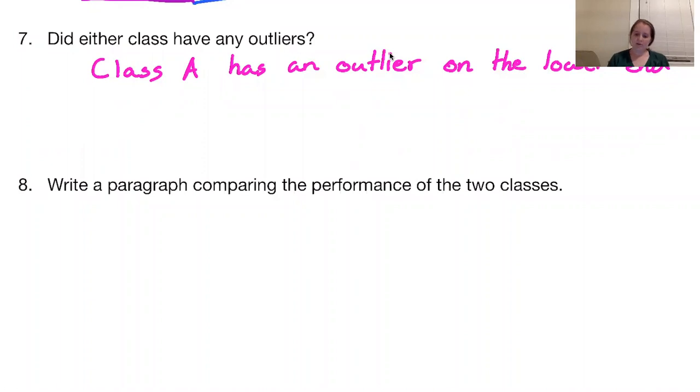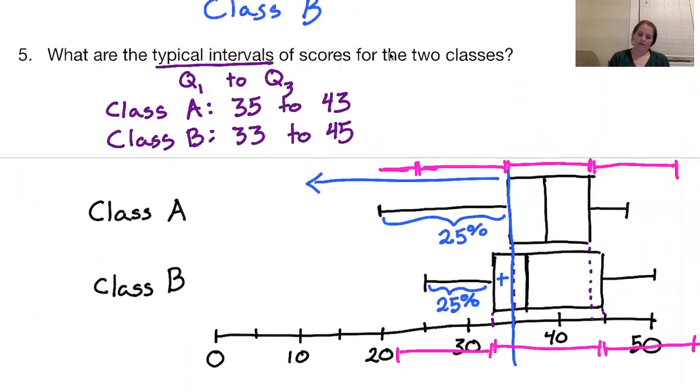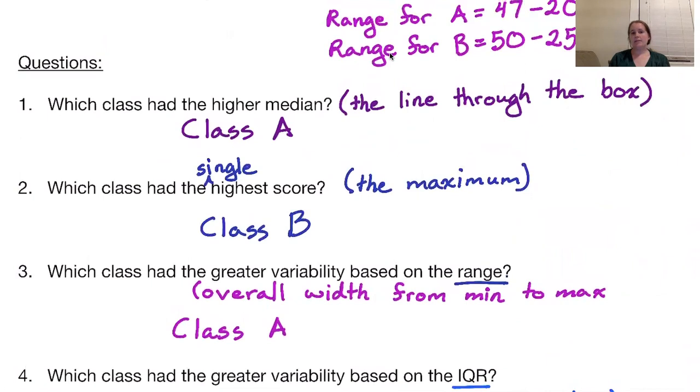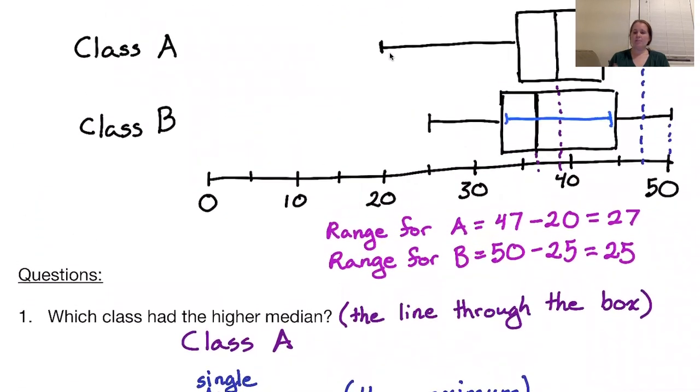So going back through what we've written, Class A had the higher median versus Class B had the single highest score. Class A had the lower minimum. Class B's typical scores were more spread out. We had more students perform poorly in Class B. So even despite the fact that Class B had the single highest score,